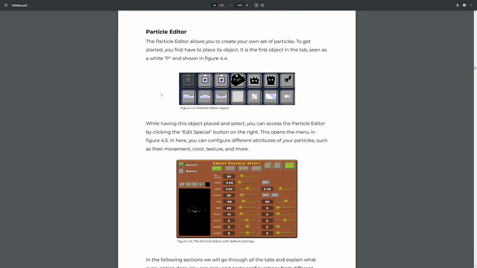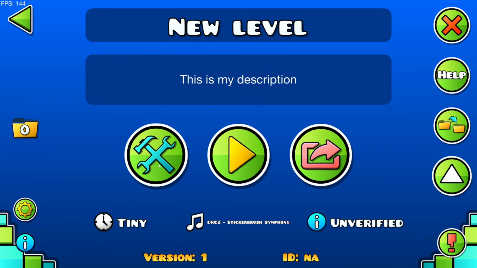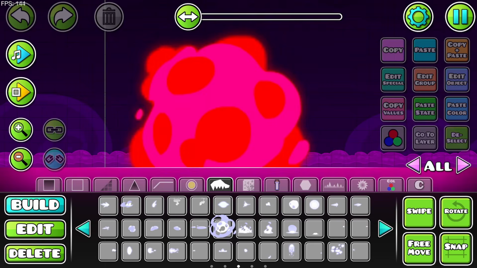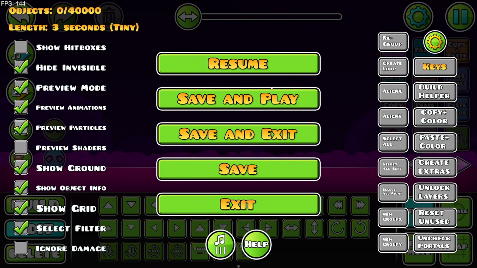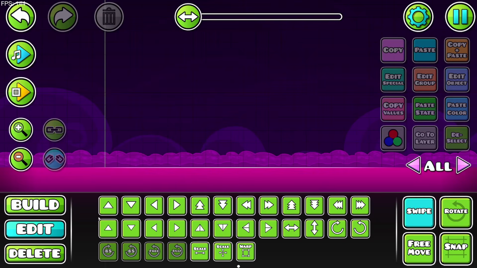We're up to the particle editor, something I've made a video on just trying out, but I never actually looked at the guide for it. So the first thing it tells us is to place this white P on the ground. It's time. New level. Let's go in and we're going to check out the... Oh my god, I forgot I did this. Okay, so I'm going to delete those, reset my colors back to all white,